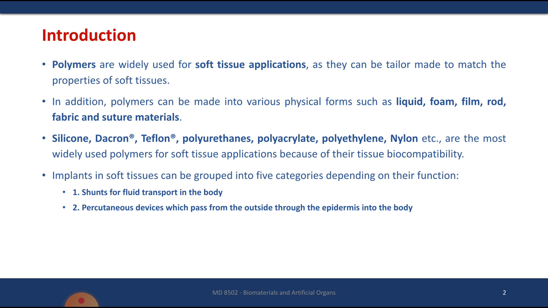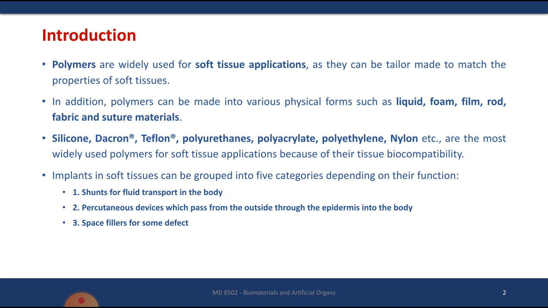Second one is percutaneous devices, which pass from outside through the epidermis into the body. When we say percutaneous, it's connecting an outside device to the inside of the body. Some examples include surgery in the esophageal tube. Some tubes will be inserted into the throat region when the person has difficulty swallowing food. People who are admitted in ICU conditions have food or liquids transmitted directly through the esophagus, where the pipes pass through the throat. Such devices are percutaneous devices.